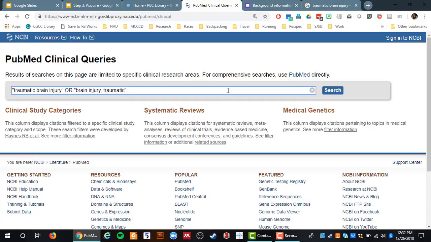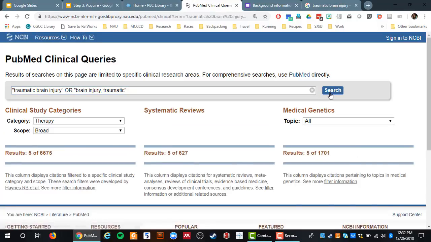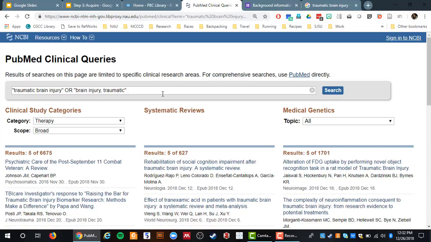Okay, so what we can do here, we've got our P. That's our P concept. We could keep building out, or we could go ahead and search and just see what we get. It's really up to you and however you decide to do it. Just remember that too many results is overwhelming and too few results is likely misleading. We want our search to be as efficient as possible. So for instance, if I search right now, I get